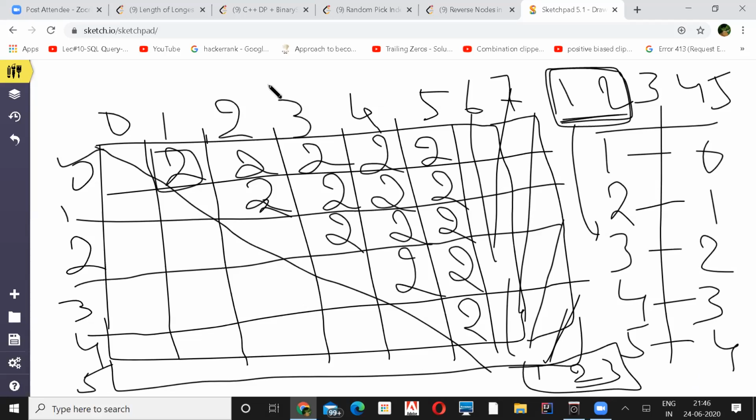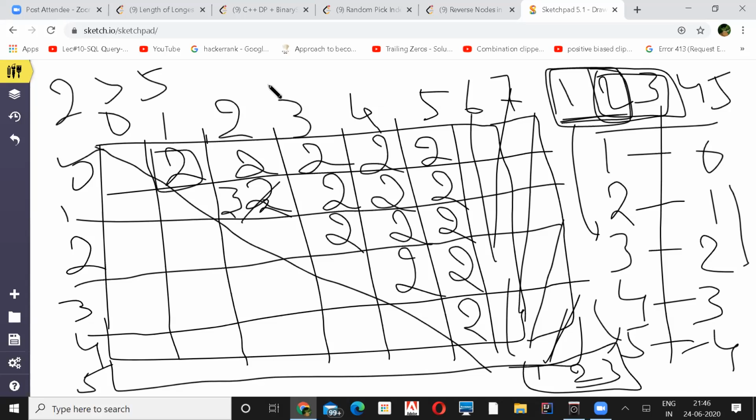So corresponding to 2, 3, your indices are 1, 2. So for 1 and 2, you just take the previous value and update it by 1. Now similarly, you can go for the next, 2, 3. 2 plus 3 is what? 5, and 5 is present inside your hash map. So 3 is at index 2 and 5 is at index 4.